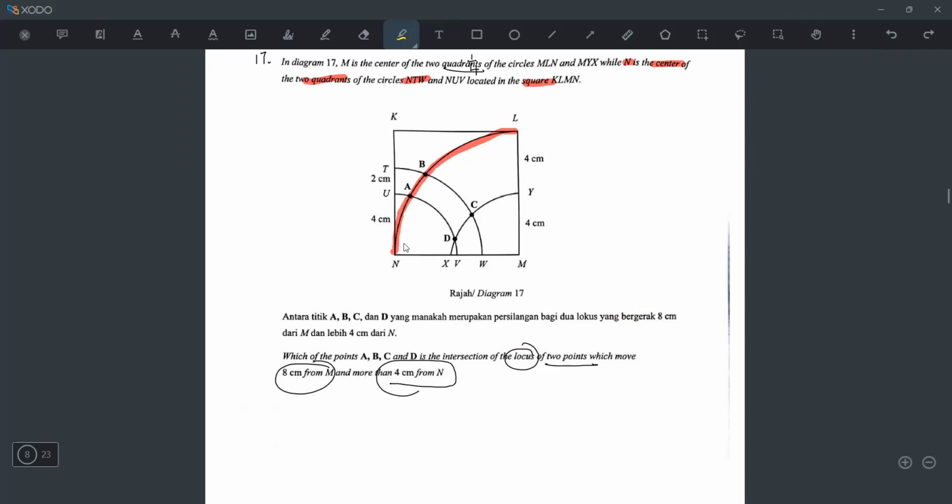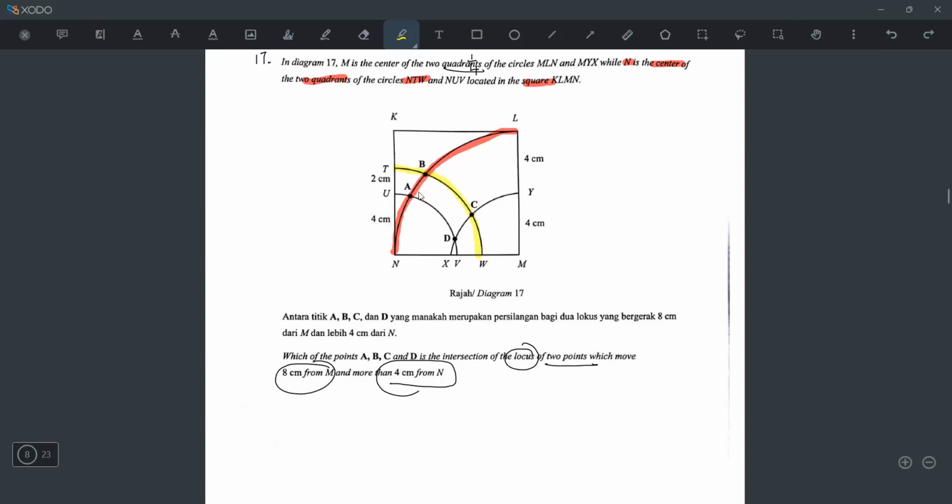Wait, more than 4, okay, n is here, right? So we all know 4 cm is like this, like this. But they say more than 4 cm, it means it has to be like here, because A,